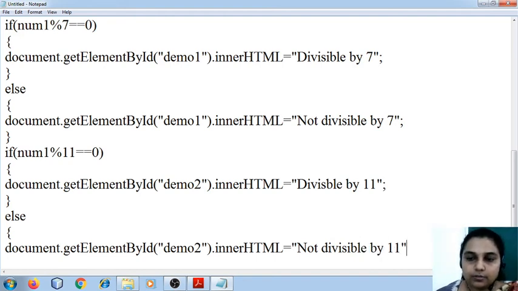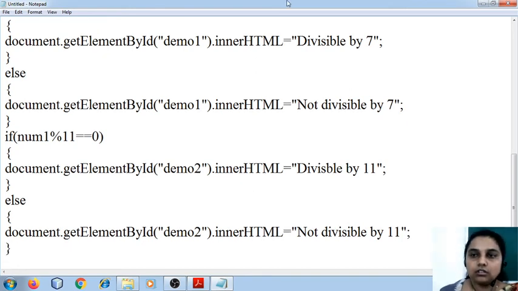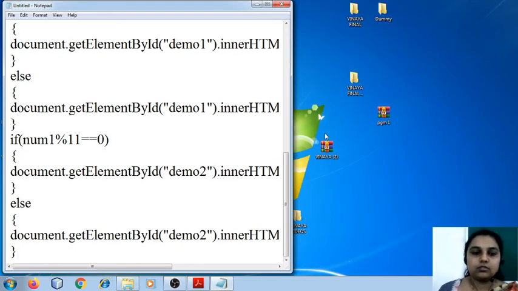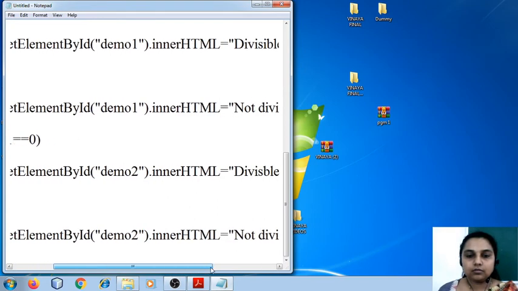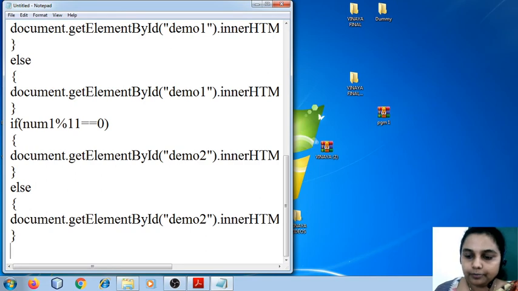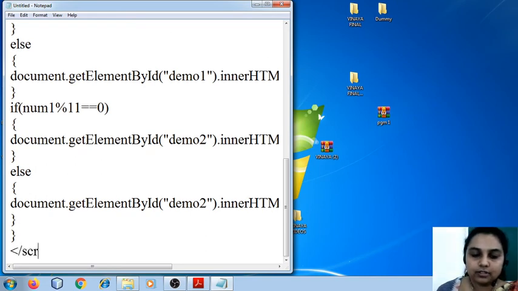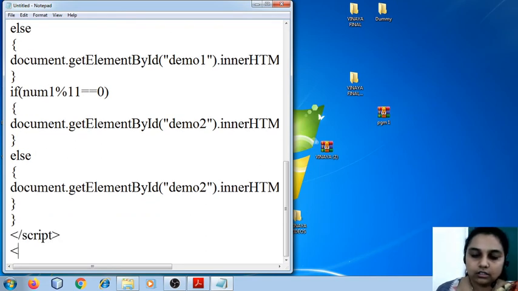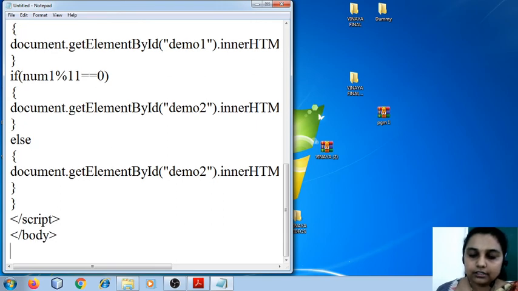Right, this is my last point. Going to close the script tag, the body tag, and then close the HTML.